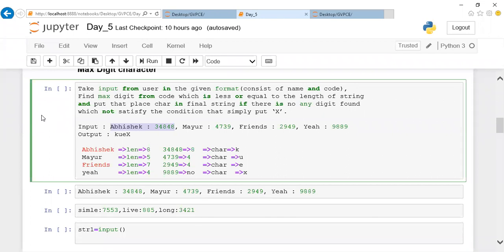Okay, how can we split this one? Use the split method, guys.